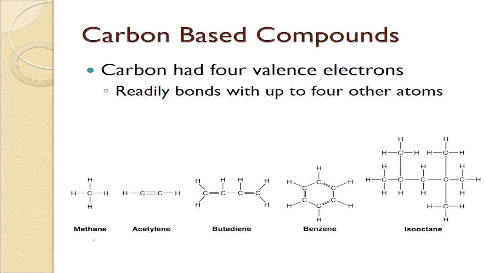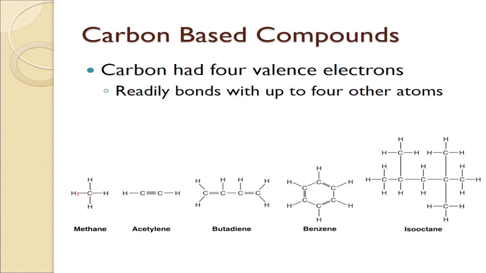So we have methane. In this case, carbon has 4 valence electrons, and it can pair with 4 different elements. Right here there are two species involved: one is hydrogen and the other is carbon. In this case it formed methane. It was able to join with four hydrogen atoms. So we are going to count the electrons, because there are electrons right here and right here. There are four single bonds.